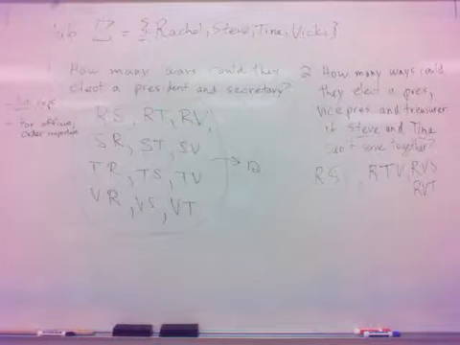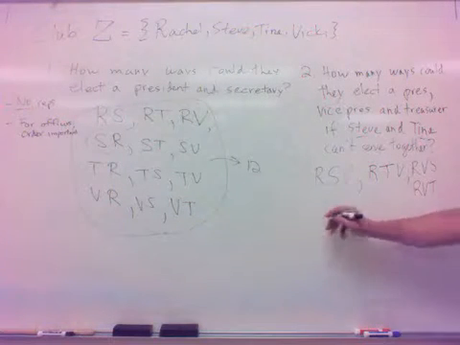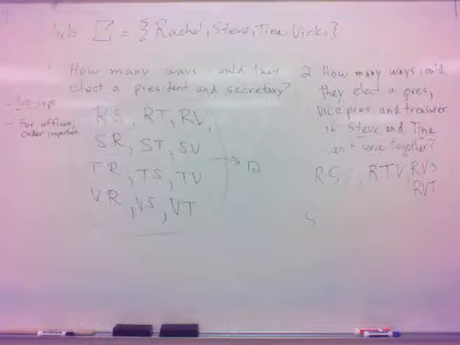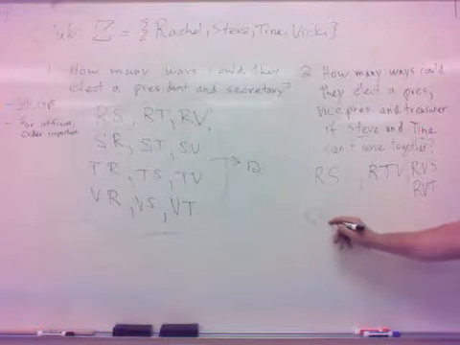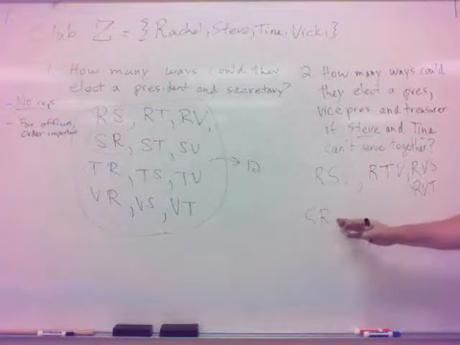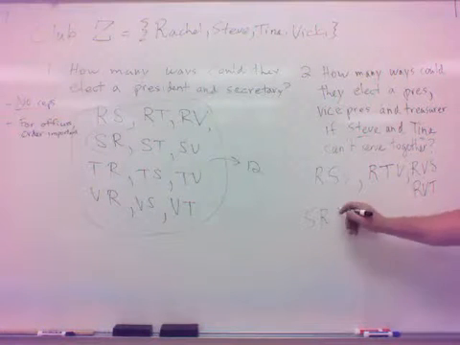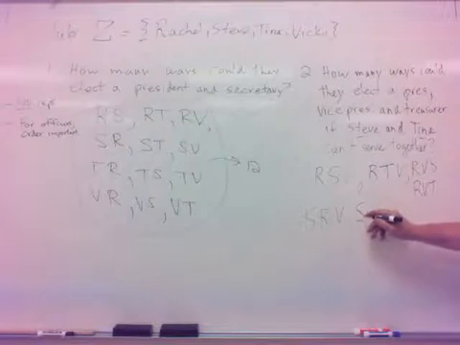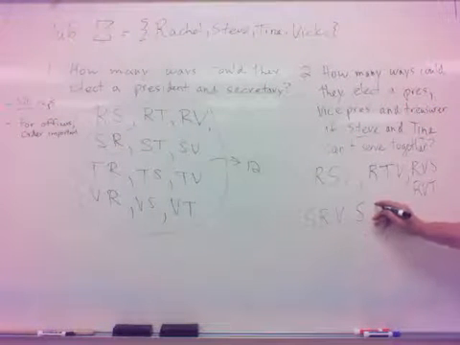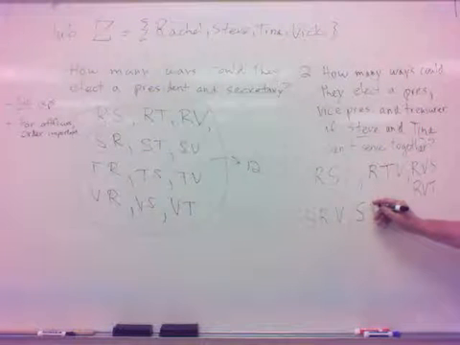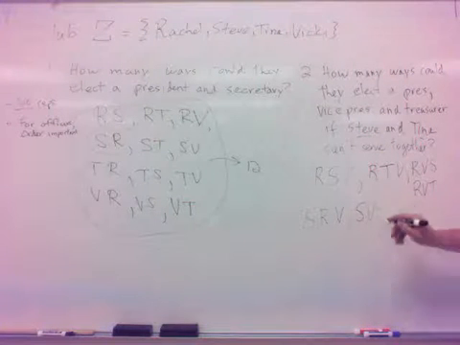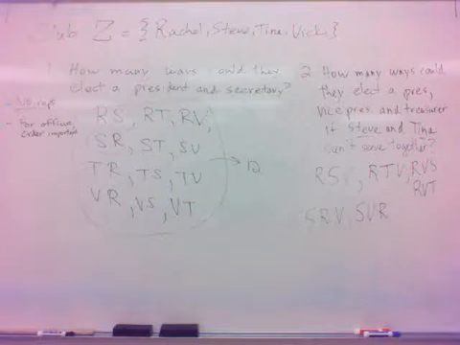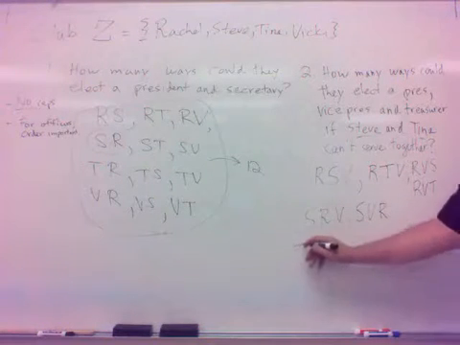So then I'd cycle through, go to Steve president. So with Steve president, what could I have? Well, I could have Steve with Rachel as the vice president, and couldn't have Tina there. That would put Steve and Tina together, so it'd be Vicki treasurer. All right, Steve, and I couldn't do Tina vice president because we said they can't serve together. So Vicki is the only other option at vice president, and then Rachel would be the only option left for the treasurer. All right, then I go to Tina